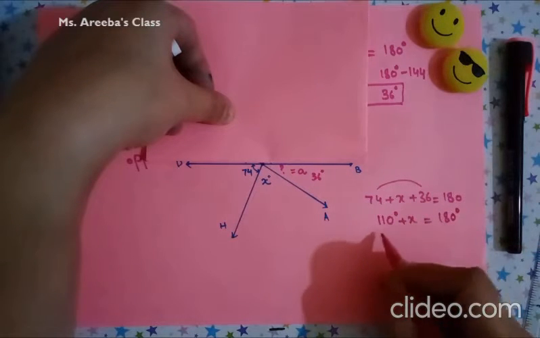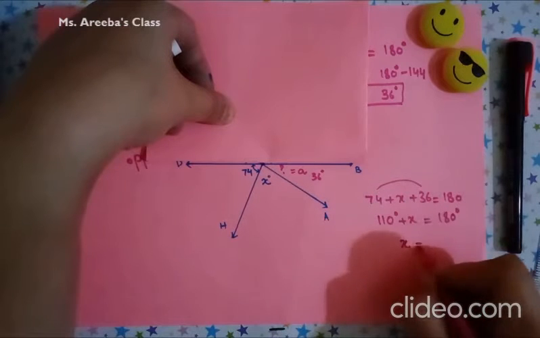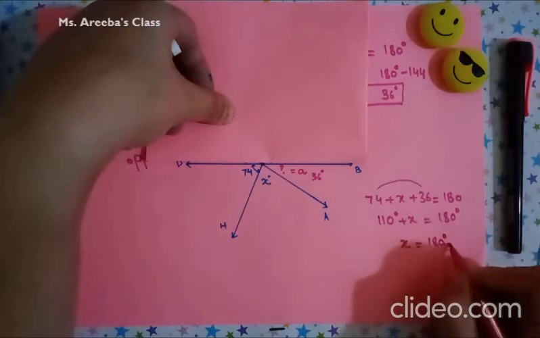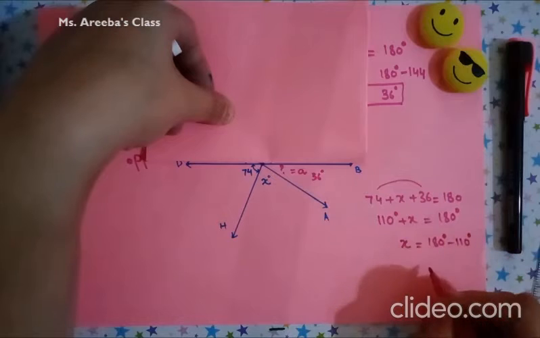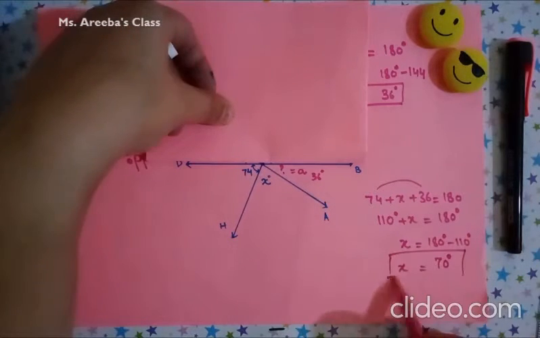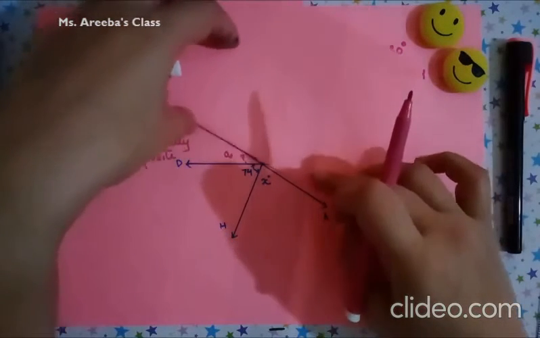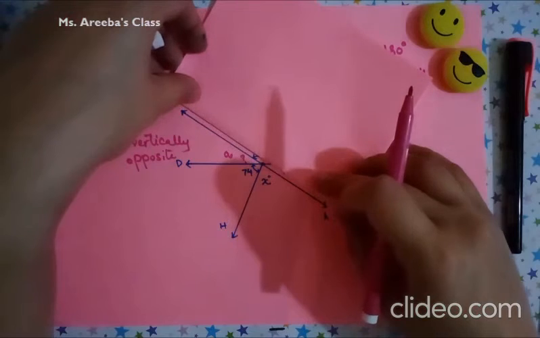Move this 110 to the other side to get this value. So x is equal to 180 degrees minus 110 degrees, which is equal to 70 degrees. X is 70 degrees. The other way to find the value of x is that I can split the figure like this